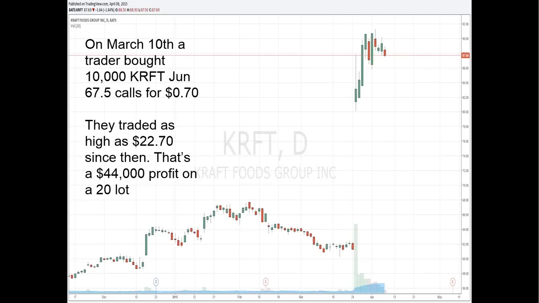Now, I see that order hit the tape, and this is one that took a little bit longer to play out, right? So a few weeks go by, just 2 weeks go by, the stock kind of languishes and trades sideways for a while, and then the announcement comes in, right?